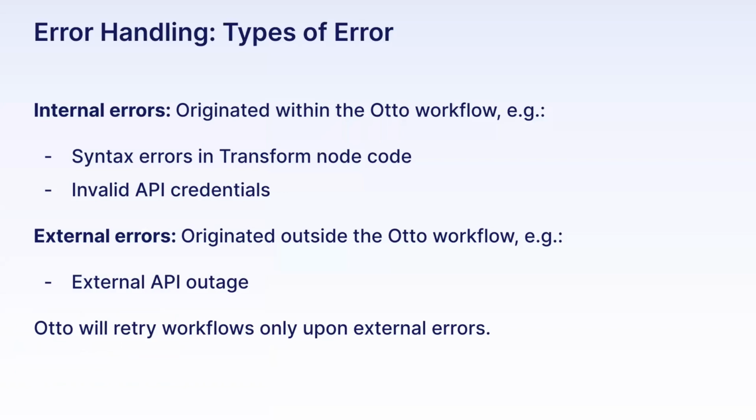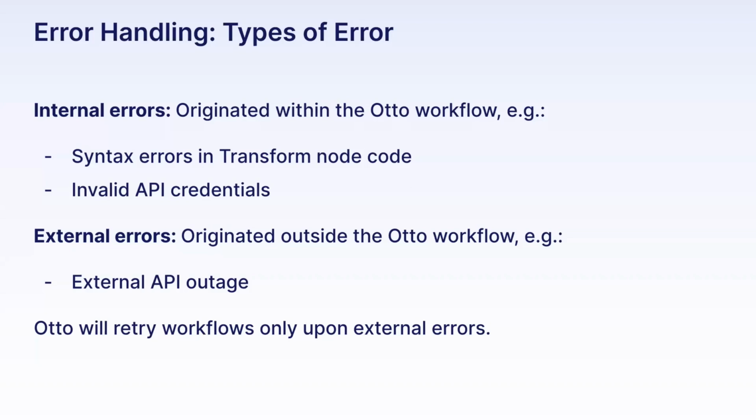And in an ideal world, this is what will happen. Like everything will go without a hitch. But we live in the real world, and in the real world, errors happen. And so when we designed Otto, one thing that we really wanted to emphasize was robust observability into these errors so users can troubleshoot. And specifically, we wanted to distinguish between two types of errors because they should be treated